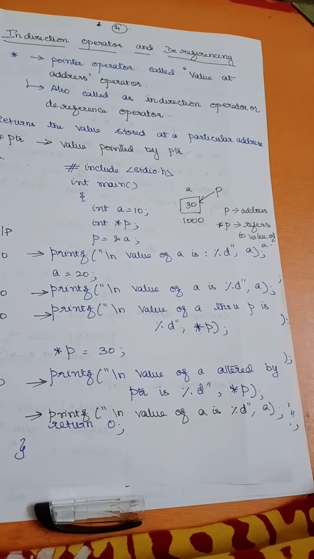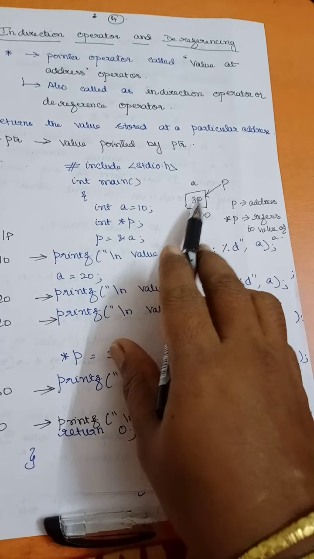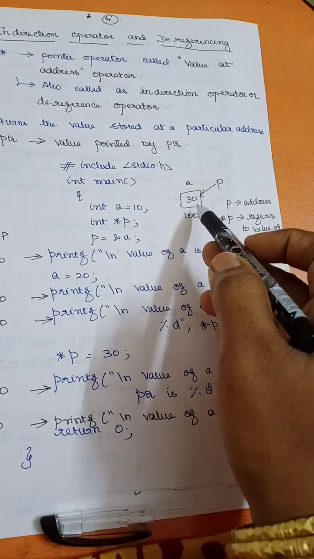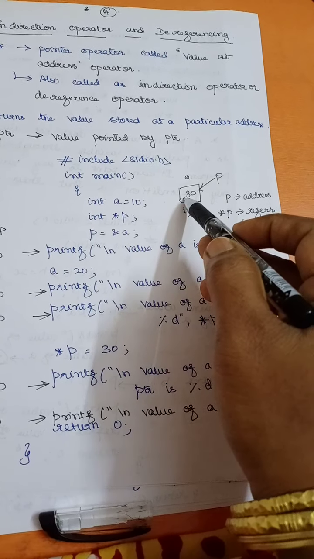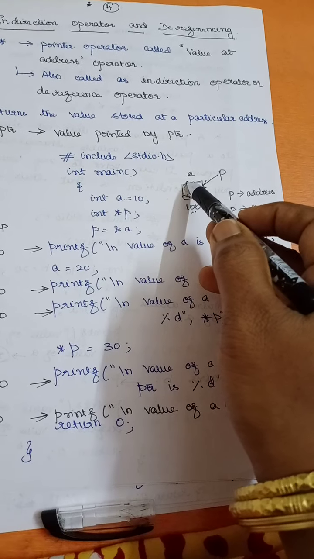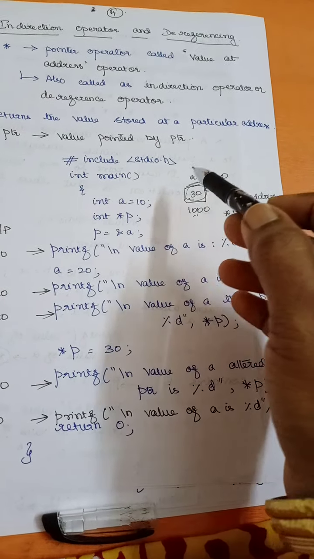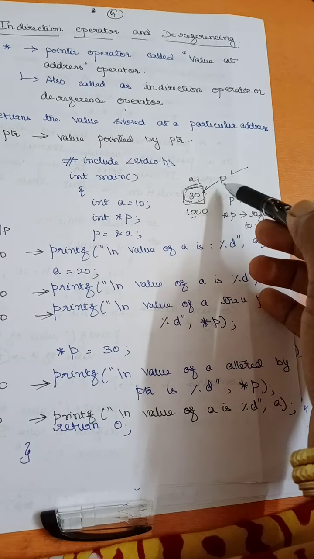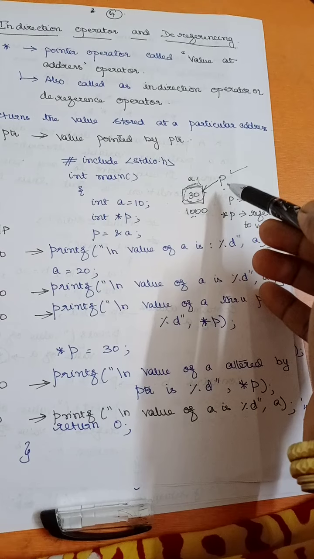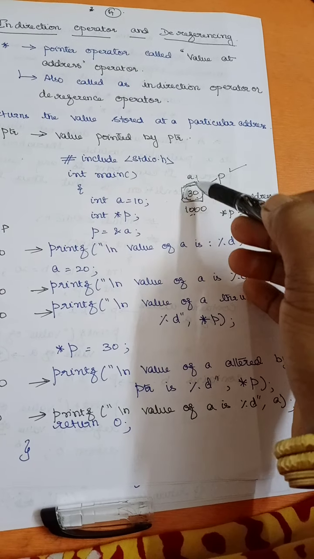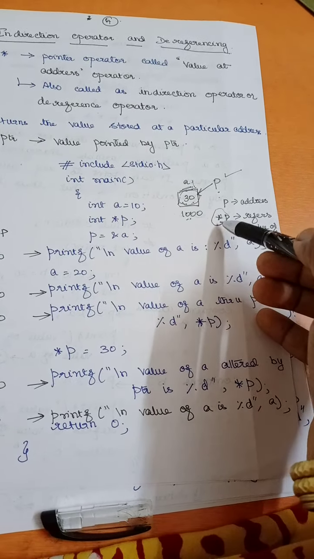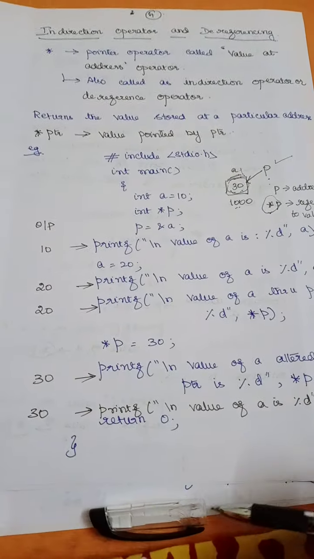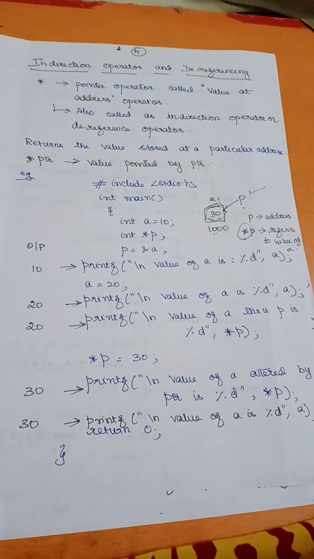Here I am changing the value of a with the help of star p. Star p refers to the value. Since I am giving the address, whatever changes I make will affect my variable a. So without using a, I am indirectly accessing the value through the pointer. With what operator am I accessing the value of a? With the star. The star is called the indirection operator or dereference operator. Is that clear?